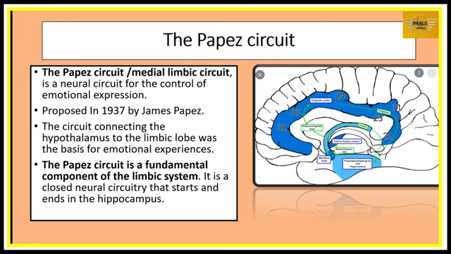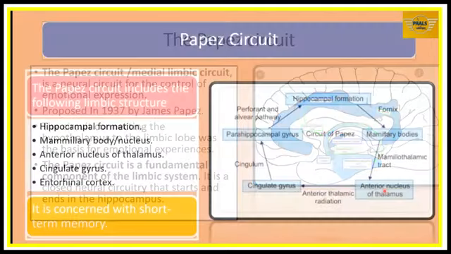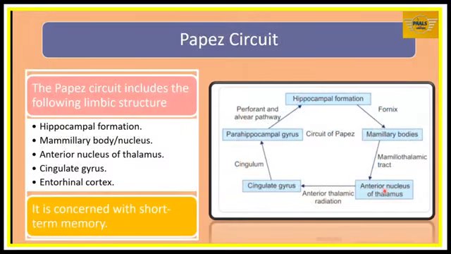Now, the Papez circuit is a fundamental component of the limbic system. It's a closed neural circuitry that starts and ends in the hippocampus. It connects the hypothalamus to the limbic lobe and gives the basis for emotional experiences. The Papez circuit includes the following structures: the hippocampal formation in the temporal lobe of the cerebrum,